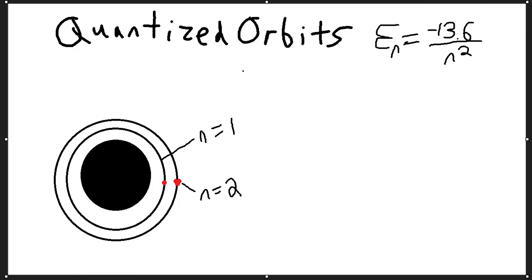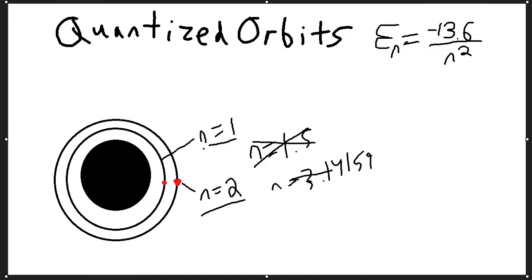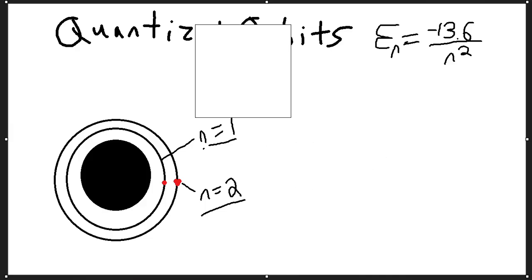Right now this is baby stuff, and the point is that these electrons can only exist on these orbitals, this one or this one. There is no such thing as n equals 1.5. That doesn't exist. Or n equals 3.14159. That doesn't exist here. Hang on, let me clear that up. There we go. And that's not how this works.